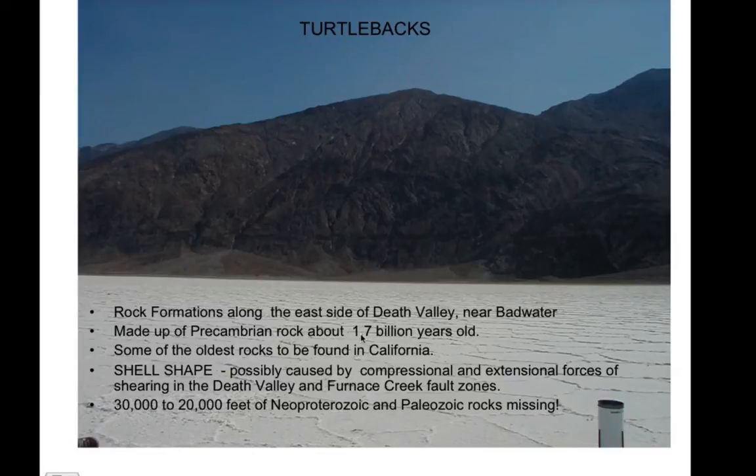Precambrian rock, about 1.7 billion years old. There's also some other rock that's about 1.4 billion years, some igneous plutonic granitic rocks that intrude these rocks as well. These are some of the oldest rocks found in California, and so they're going to tell us a story later on here. Again, they're shell-shaped, possibly caused by compressional and extensional forces shearing in the Death Valley and Furnace